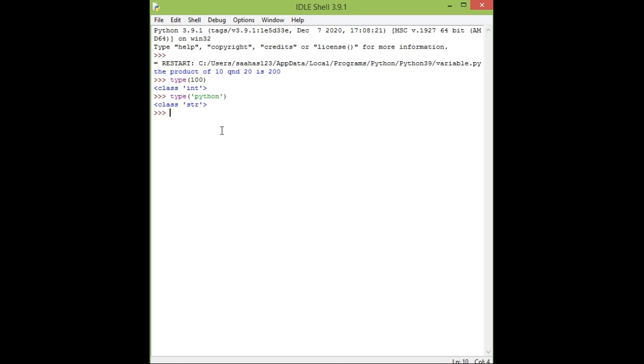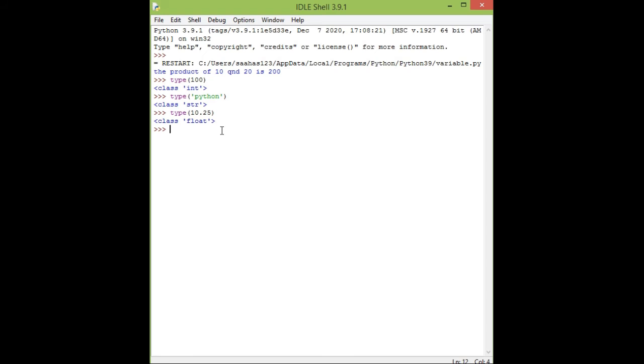It returns class str. And now I'm giving one example of float. Type, here we write 10.25, and now we'll press the enter key. It is float, like this function.